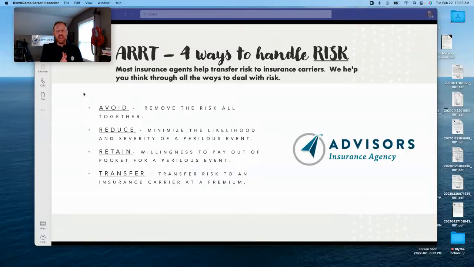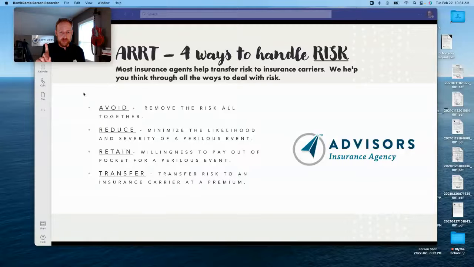All right, the very last one. I know that you know all about this one, transferring risk to an insurance carrier. So at this point is when you've called someone like myself or someone on my team or another professional in your area, and you have asked them for quotes to transfer risk to an insurance carrier at a price. What's that going to cost to do that? Now, this is a very normal way to handle risk, and business flows transferring risk back and forth all day long. There's big money in transferring risk.